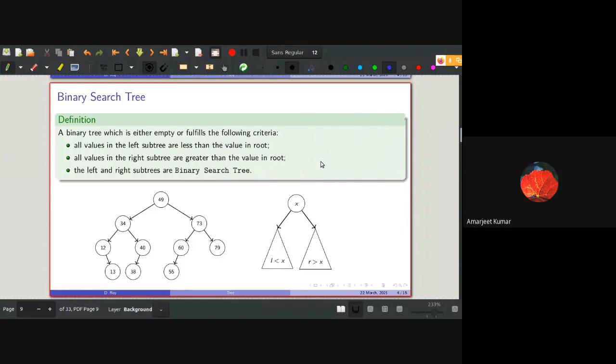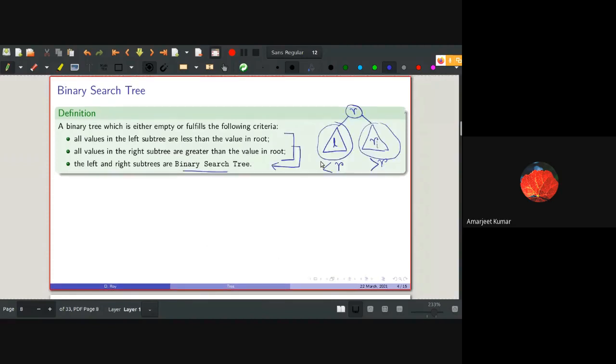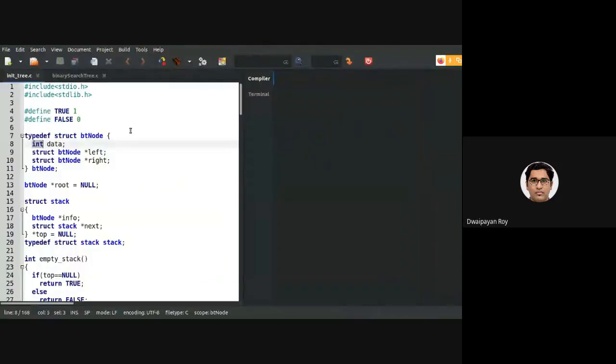All right. But for this to work, our data should be comparable, right? Absolutely, that's what I am saying. As we can see, we are making the BT node earlier when declaring one binary tree. The data that we are storing is of type integer. So we need to have a homogeneous type of data.